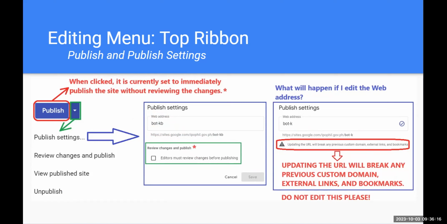because later on we're going to port it to, like I said, the BOT drive. But please do not edit this for now because it will undo everything. All the links will be gone because everything is linked to this as I made it before. And this is the reason why I couldn't just change it, even though Director Jason asked me to change it to digital library. I couldn't just,